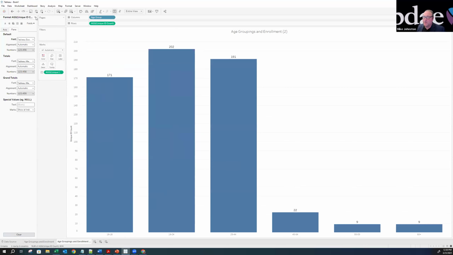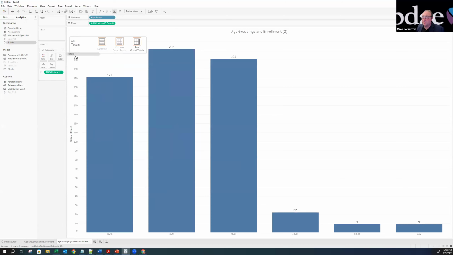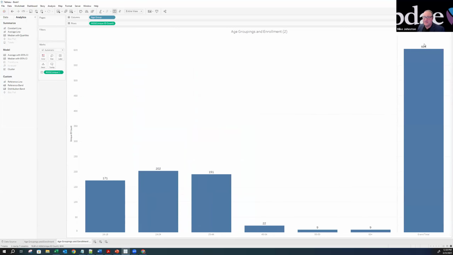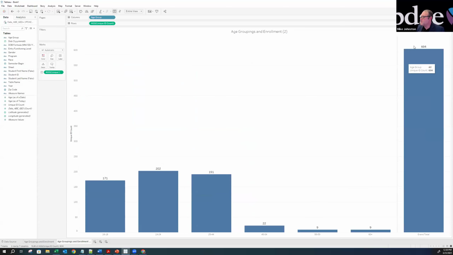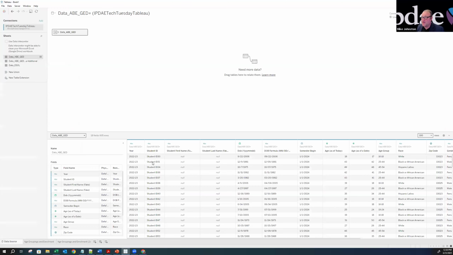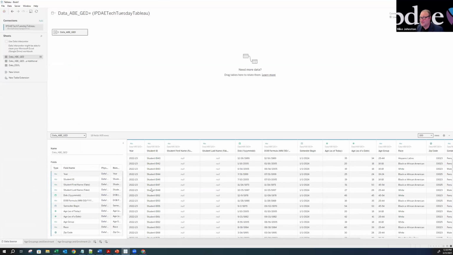What this does is give me the exact same framework of the calculations you just created. When I come over here, there is a way to use an analytics field, which is up here at the top left. And I can say, I want to drag in a total of my rows. And now I can see that I have the 604 row lines that are present. That's interesting to me because I know that I had 605 row lines, but notice there's 604 present. The reason is that even though we thought this was a unique row line for the data set, there's one person that exists in here twice. And we said only count them if they exist once.